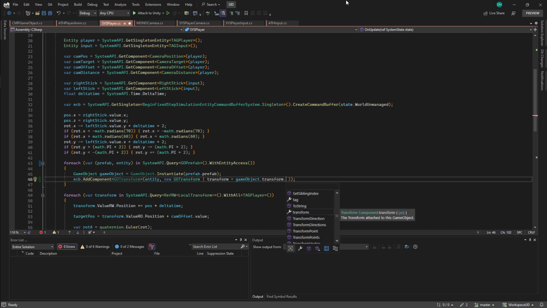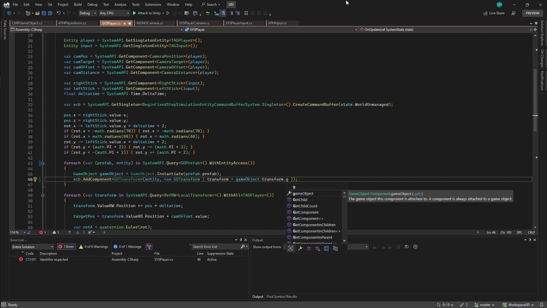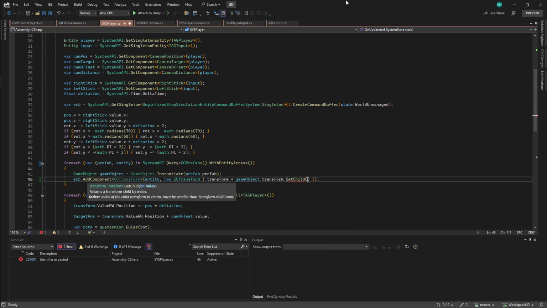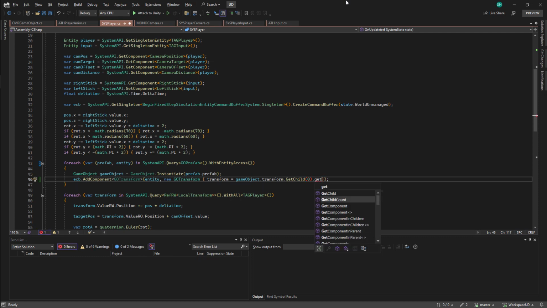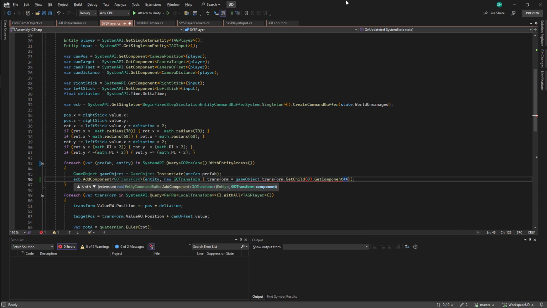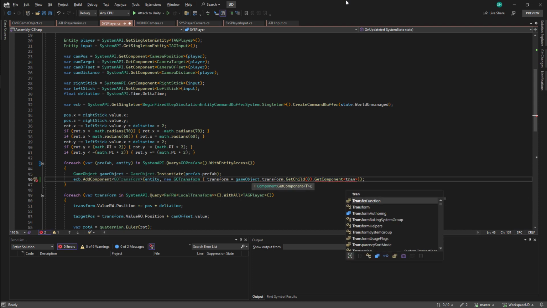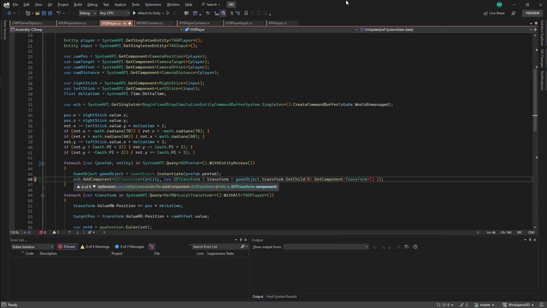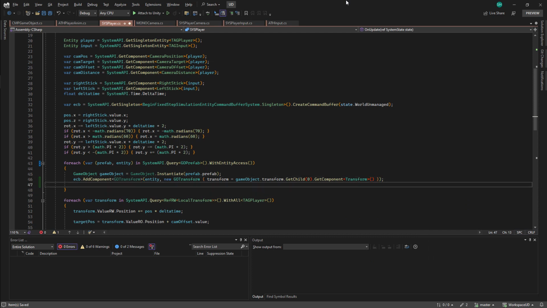So I'll get this with GameObject.transform.GetChild with an index 0. However, we don't need the child, we need the transform. So this will be .GetComponent, and we're going to get the transform from this child. I'll then need to get an instance of the animator. So this will be